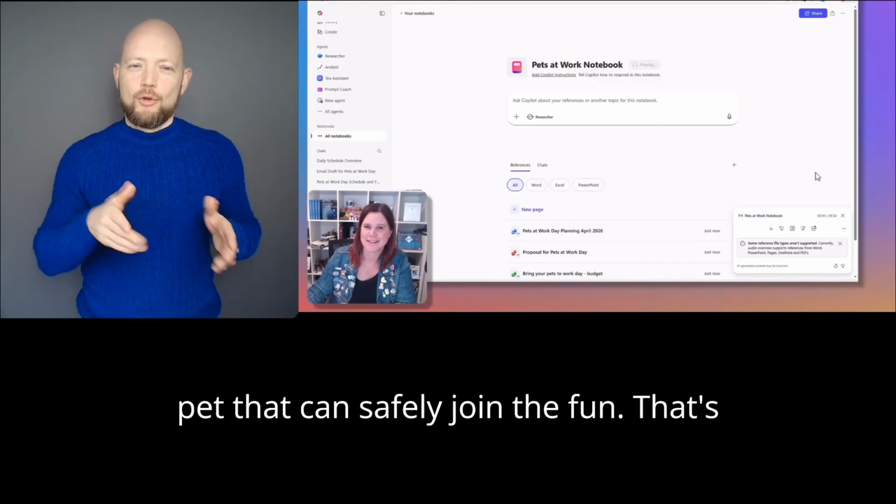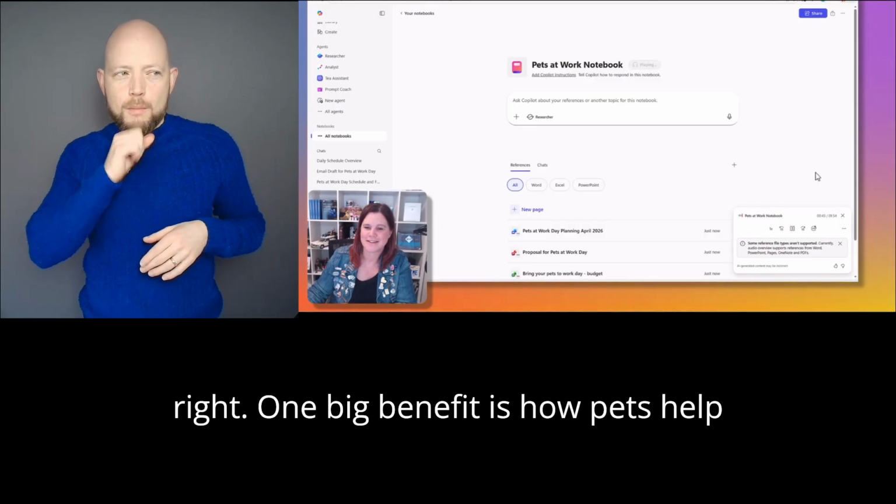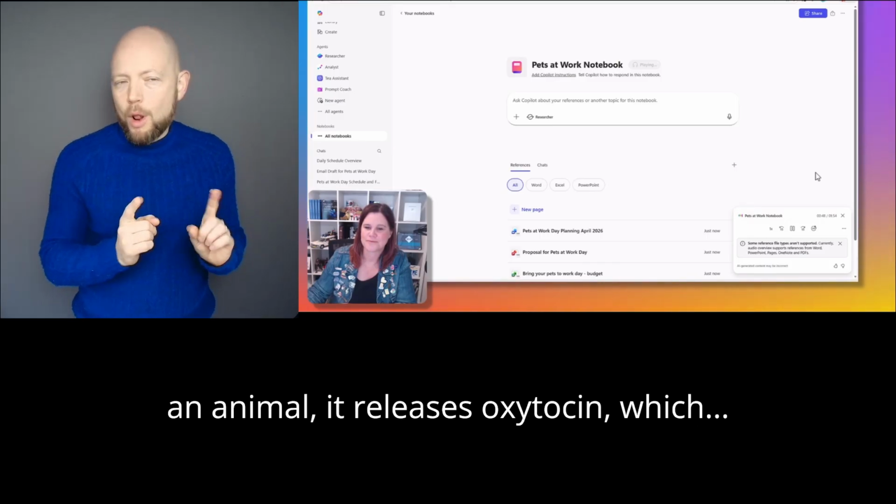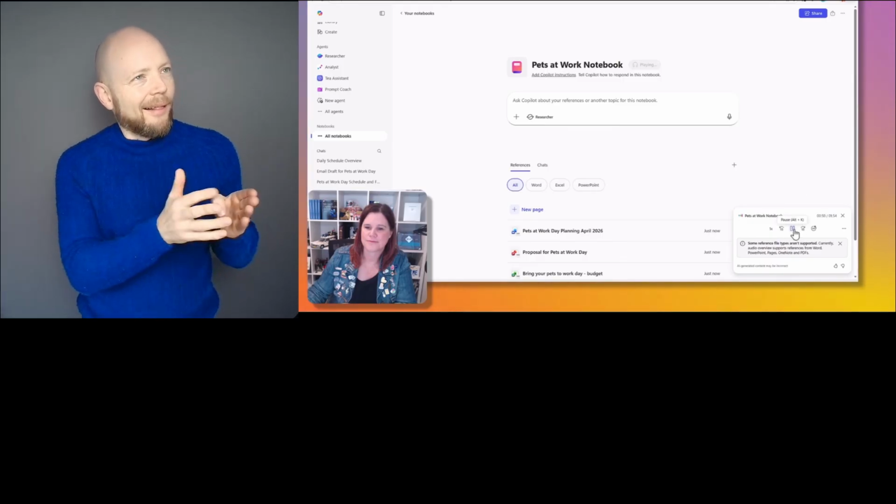Any pet that can safely join the fun. That's right. One big benefit is how pets help reduce stress and anxiety. When you pet an animal, it releases oxytocin, which